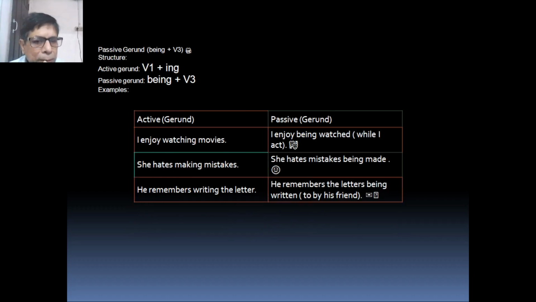Now passive gerund, being plus verb 3. Remember always, any passive form, the main verb or the action verb is always in third form, that is in past participle form. Now the active gerund is verb present plus ing. For example, eating, reading, doing, etc. And the passive is being plus verb 3, that is past participle of the main verb. Examples here: active,